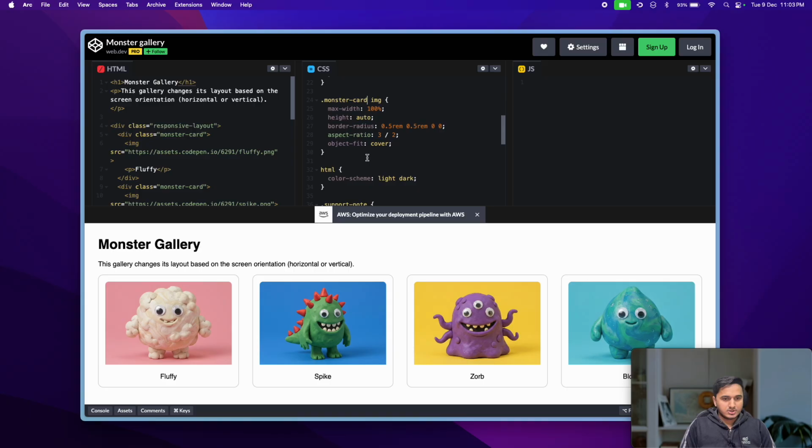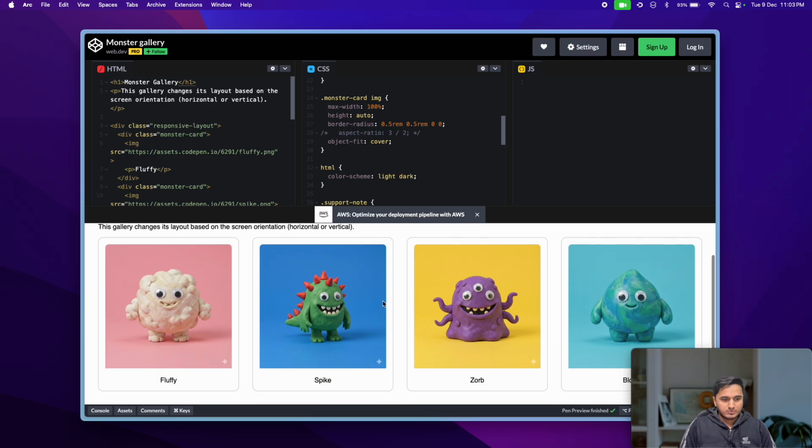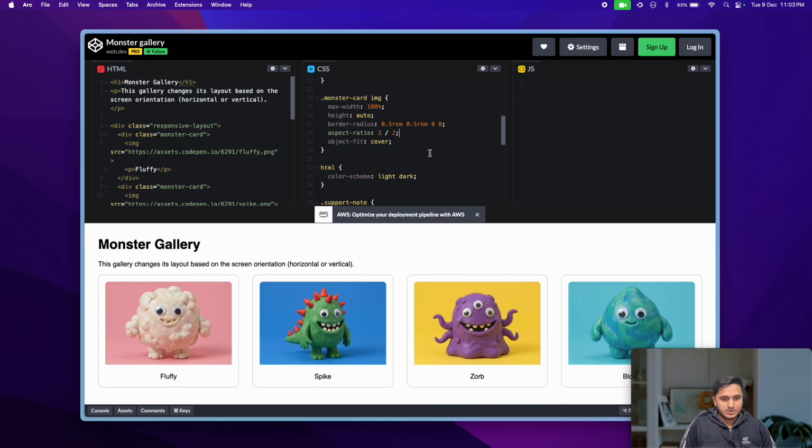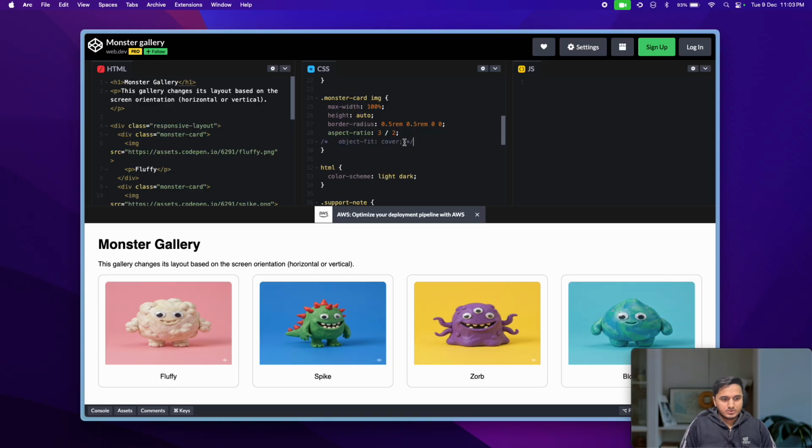Similarly, monster card image would be max width 100%, height auto, and border radius would be somewhat like this, wherein if you have to curve on the top. Aspect ratio is 3/2. This is interesting. If we remove this, it's like this. If we do this, it would be like this. And if we do this,